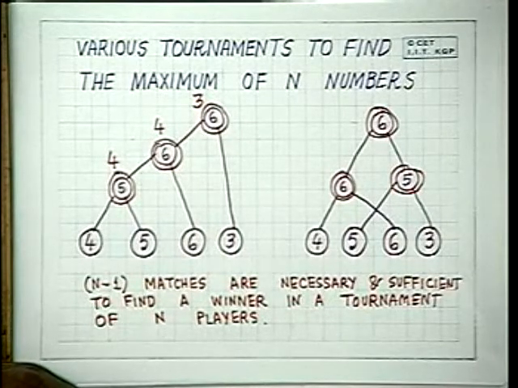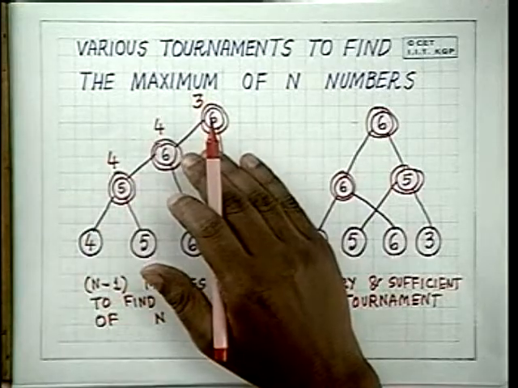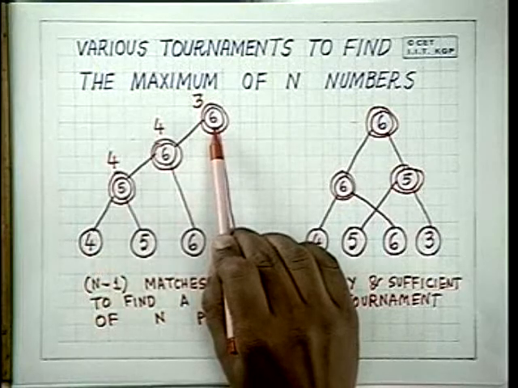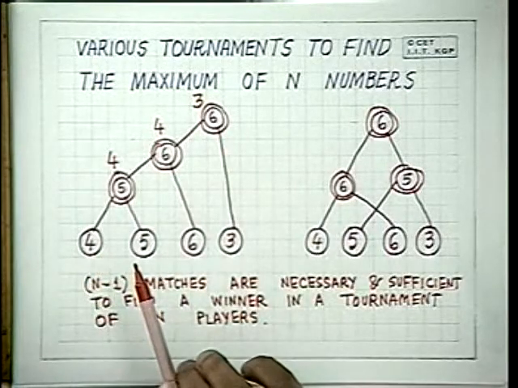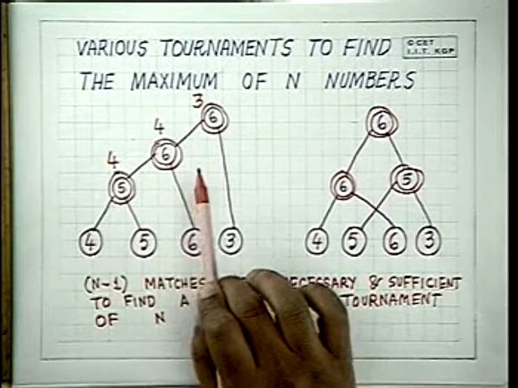The question is, when finding the maximum, can you have some other way to find out the minimum? Can you give a deeper thought into the problem in which you can obtain a solution to find out the minimum? Can you tell me? Look, the maximum is that person who has won everything. The minimum is that person who will lose everything.